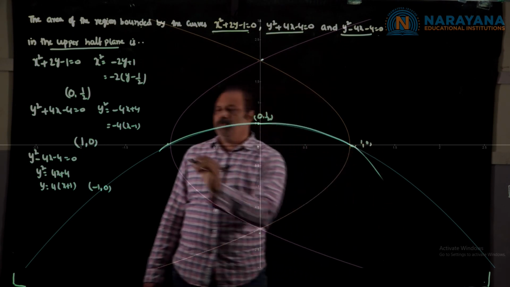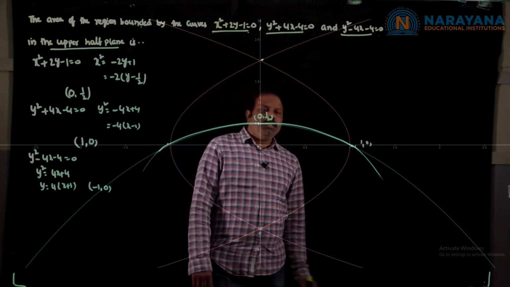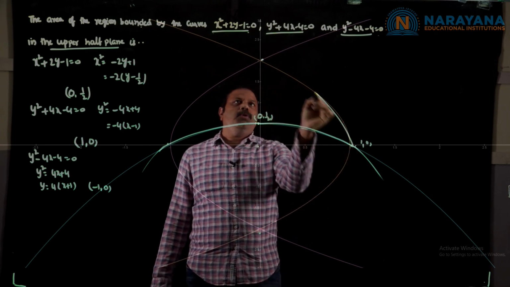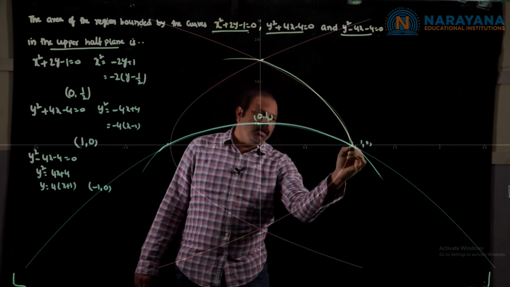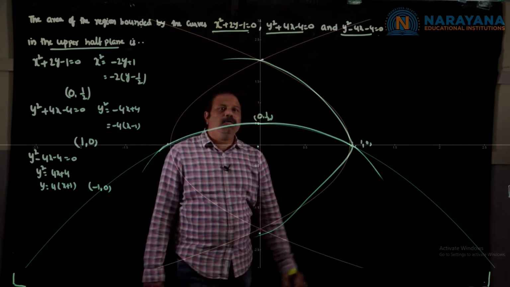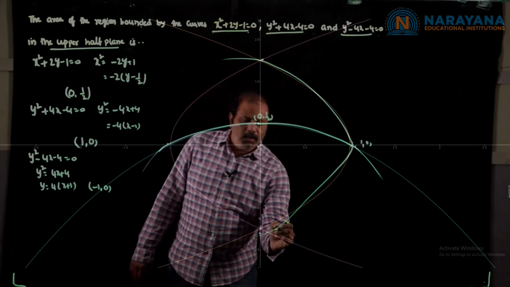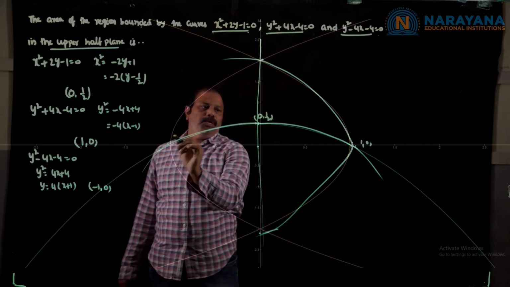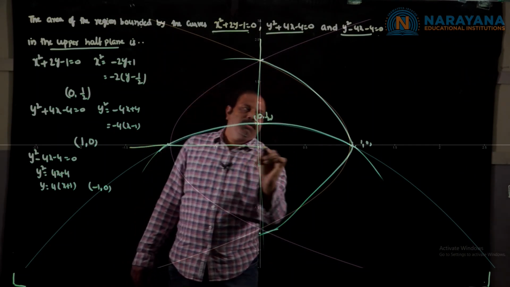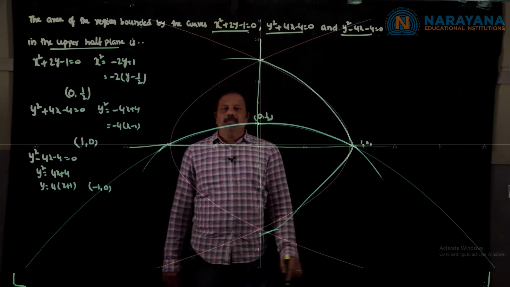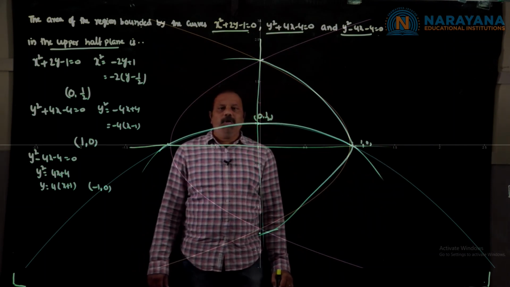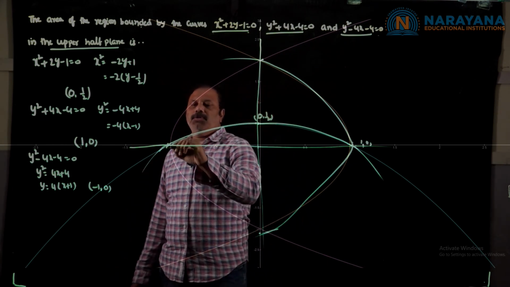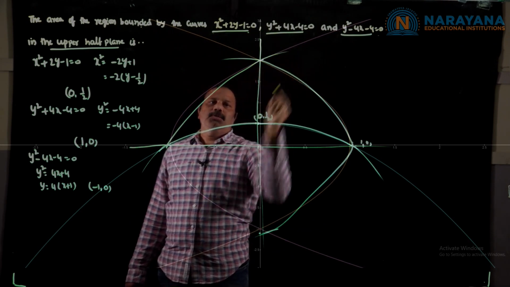It will go like this. So now the second parabola will be like this. This is the left-handed parabola whose vertex is at 1 comma 0. Now suppose you take this as the y-axis and this as the x-axis. The third parabola is the same kind of parabola, having its vertex at minus 1 comma 0. So it will go like this.